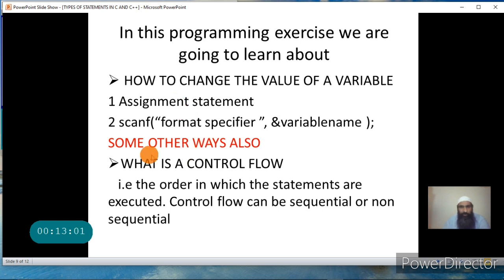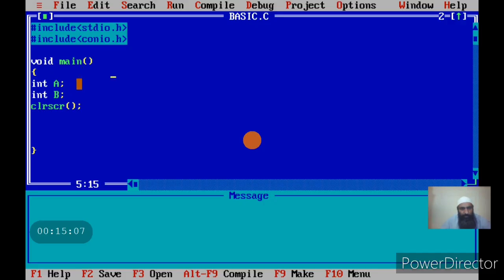We will also learn what control flow is. Control flow means the order in which the statements of the program are executed. Normally the control flow is sequential, but it can be non-sequential also. We will later see how we can achieve non-sequential control flow. In this example, I will try to clarify these things so that in the future we can have a better understanding of our programming logic. Input-output statements, yes, scanf and printf. Today we are going to learn the assignment statement, and next we will learn the conditional statement. I have explained the assignment statement till now. Let us see how we work with the assignment statement.